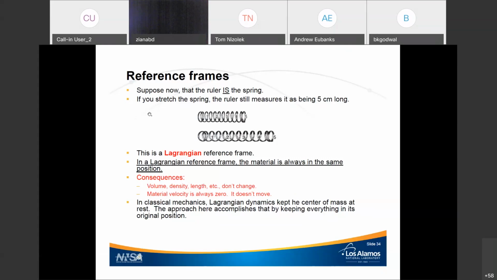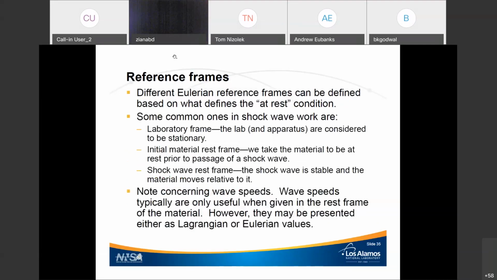The approach that we're using keeps that to be the case by keeping everything at rest. Everything's in its original position, so the center of mass obviously also does not move. Now, given that,